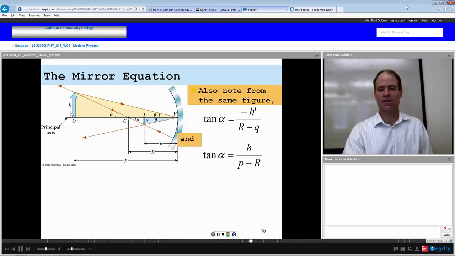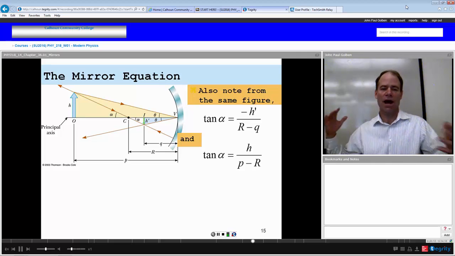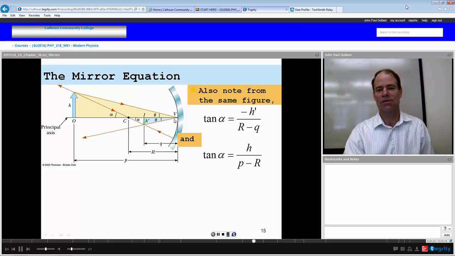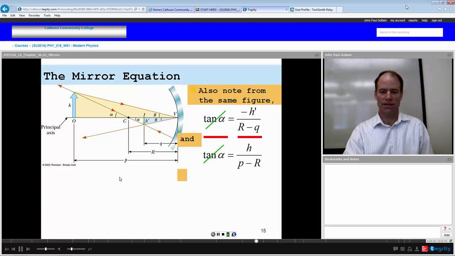And looking at the other triangle alpha here, the tangent of that alpha is going to be the opposite side h over this distance from the object to the center of curvature, which will be the object distance p minus the radius of curvature r. Bear with us, we're going somewhere with these geometries. We take the ratio of these two. Tangents alpha cancel out and give us 1 on the left hand side. And just rearranging just a little bit,